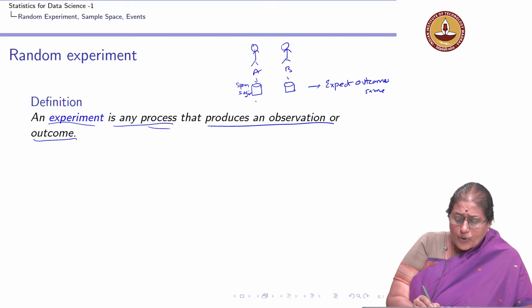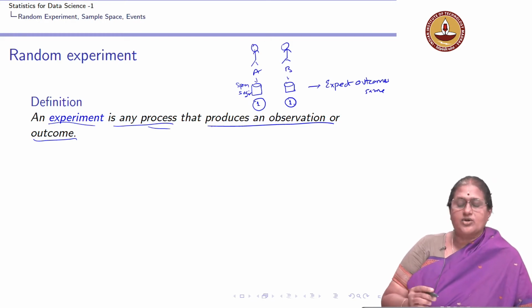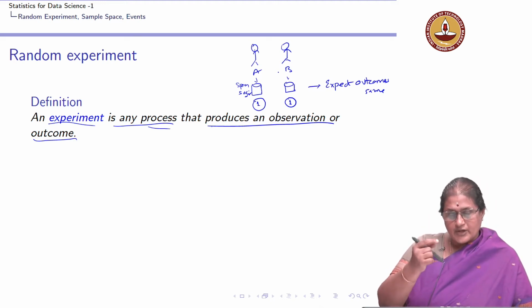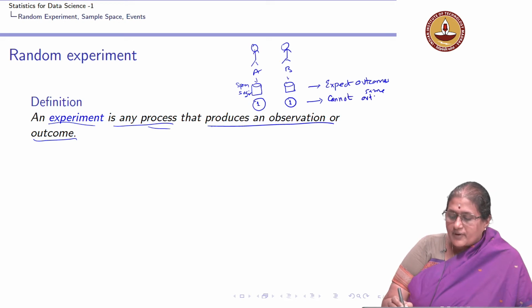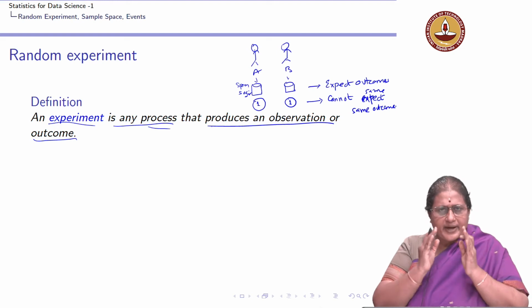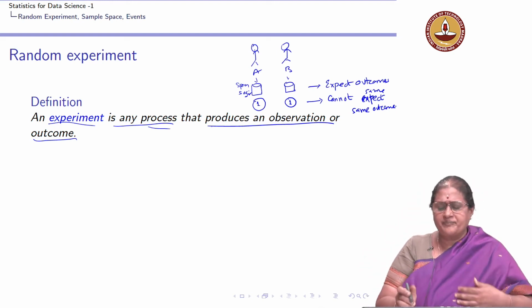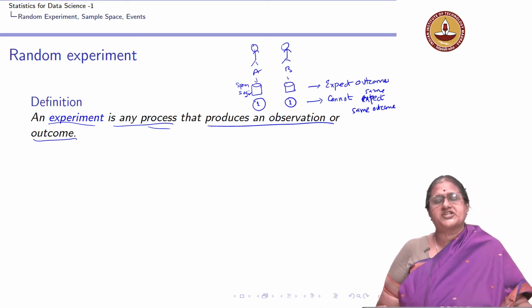Now, suppose I give both of them a 1 rupee coin, and I am asking them to toss the coin, that is, each one of them gets an identical 1 rupee coin and both of them are asked to do the experiment of tossing a coin. So, when you toss a coin, you have an outcome of the experiment. Now, in this case, I cannot expect the same outcome from both. Even though they are in the same setup, identical coin, identical force, thrust, everything given to them, we cannot expect the same outcome. So, in the first case, it is some sort of a deterministic experiment,